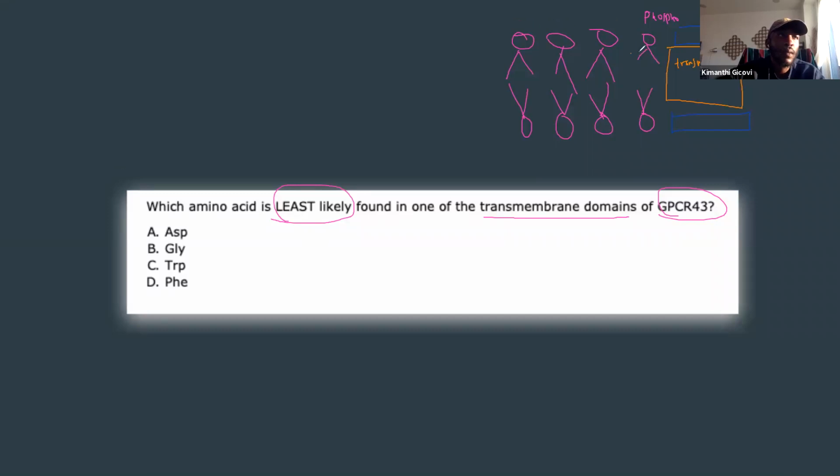So, Fahim, you notice how you have this close interaction with these tails? The tails have what chemical property? They're hydrophobic. So what do you think the transmembrane domain is more likely going to want to be? Hydrophobic, right? So now that we've understood that hydrophobic tails are next to the hydrophobic transmembrane domain, let's go back to the question. The question asked which one is least likely. My trick for these kinds of questions is to put true, true, true, false on the side and look to see which one is the odd one out. Is it okay if we try to do that? Sure, yeah. All right, cool.